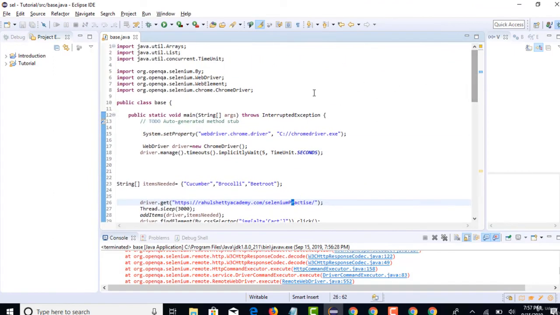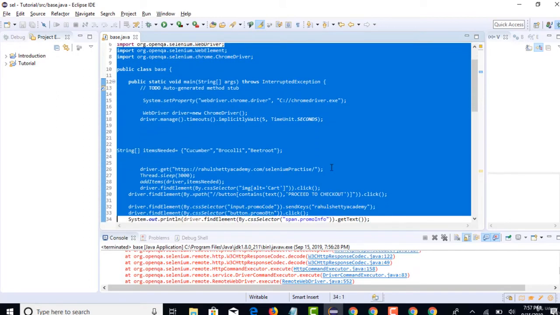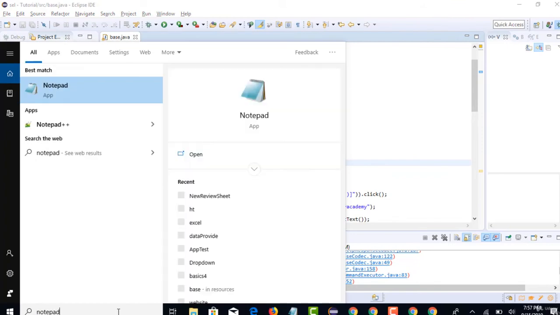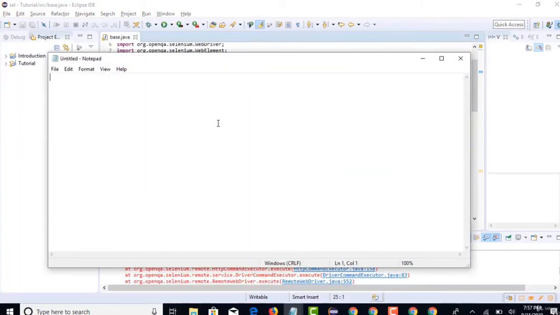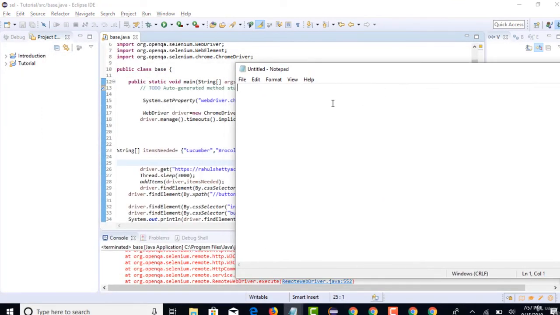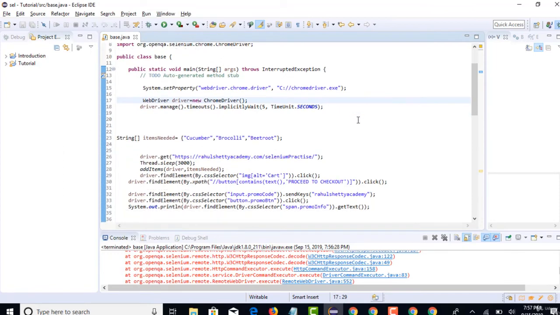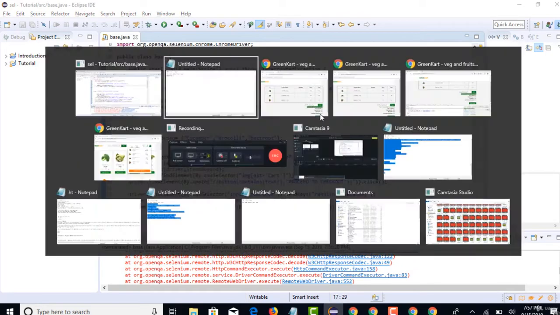So let's quickly see what the pros and cons of using this implicit wait are for this particular scenario. That's more important. When you can do both implicit and explicit, people will ask you why only implicit or why only explicit. So one advantage we have here is that the code looks very straightforward without anything complicated. In simple terms, we can say it's readable code.